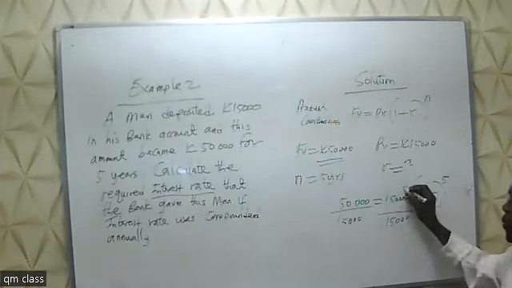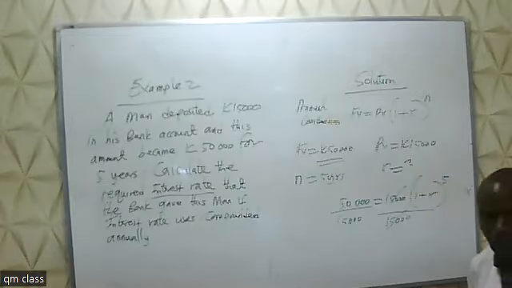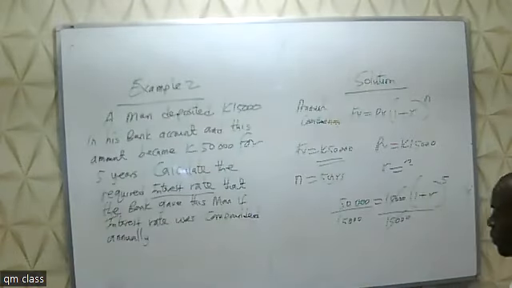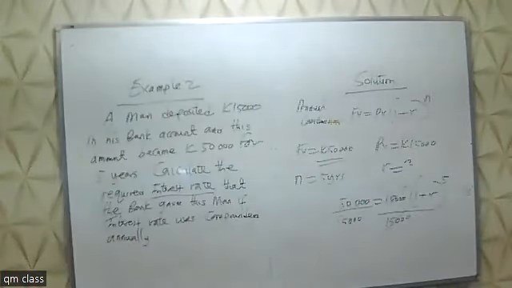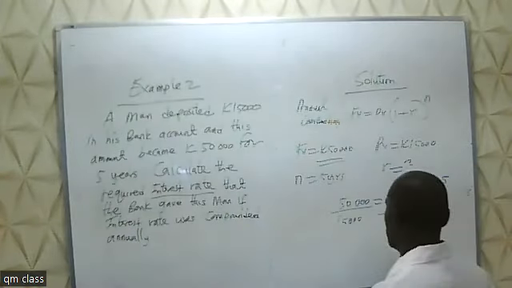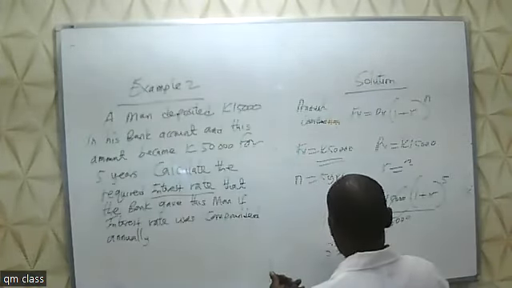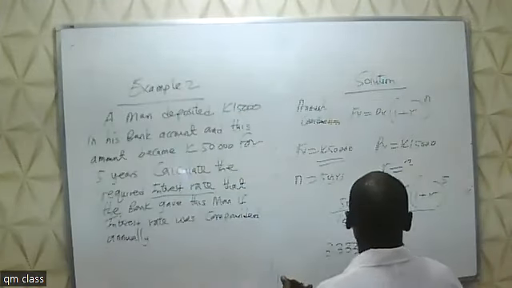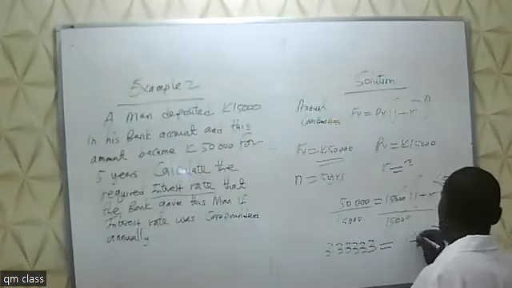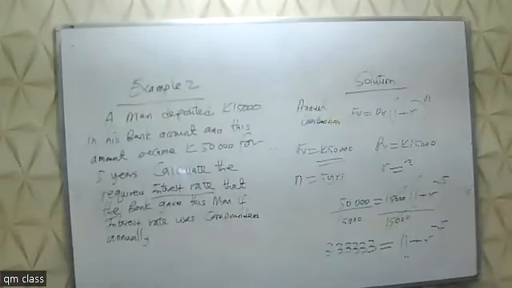So meaning you can cancel and then say our value here that we're going to have to be equal to 50,000 divided by 15,000, which is giving us the 3.33. So 3.333 is equal to (1 + r) to the power 5. Okay, so it's from here that we can now manipulate and then find the required interest rate.